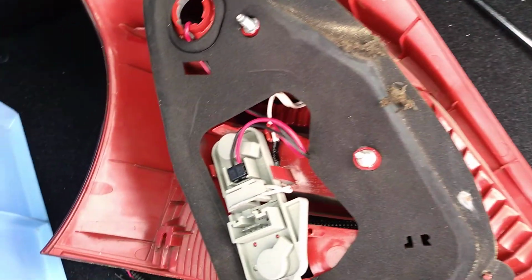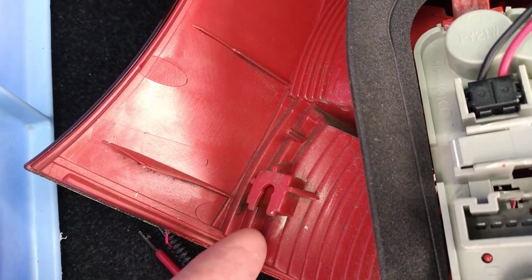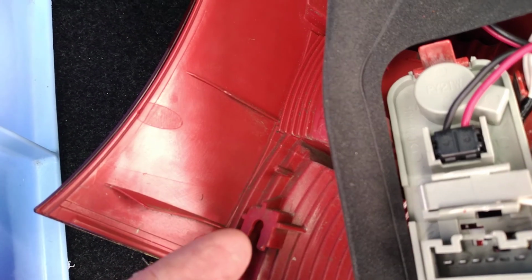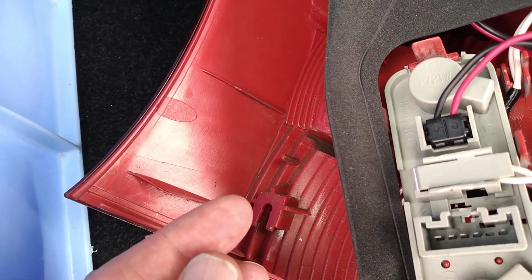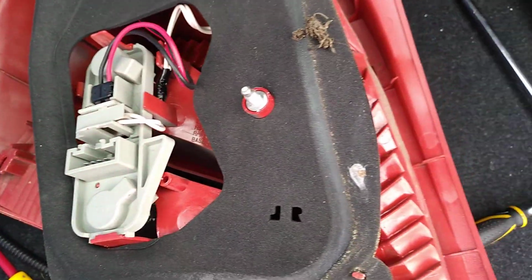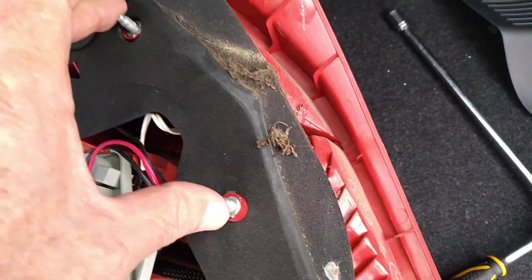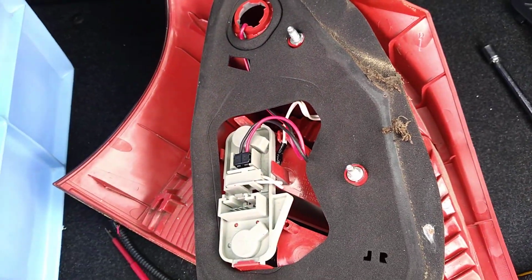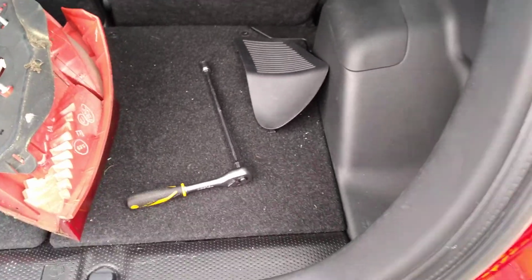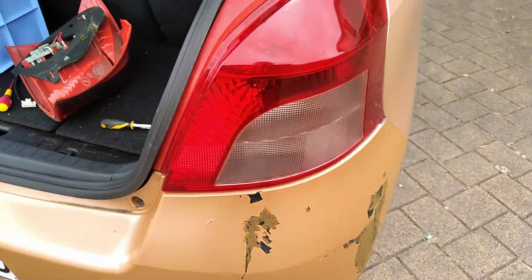There is a small plastic pin that slides into here that has a little ball on the end that fits into a small rubber hole on the body of the car, just to clip this piece in. And the two nuts here are what really do the work in holding that light in place. So here is the light fitted,